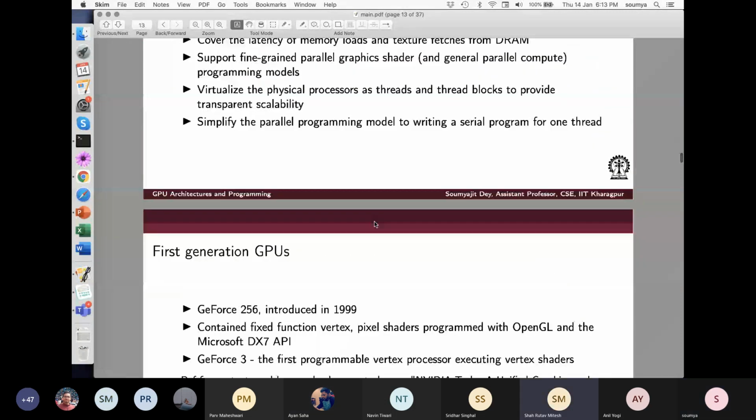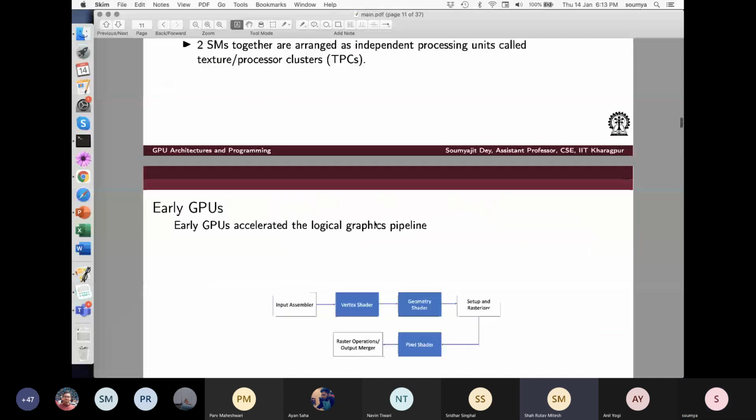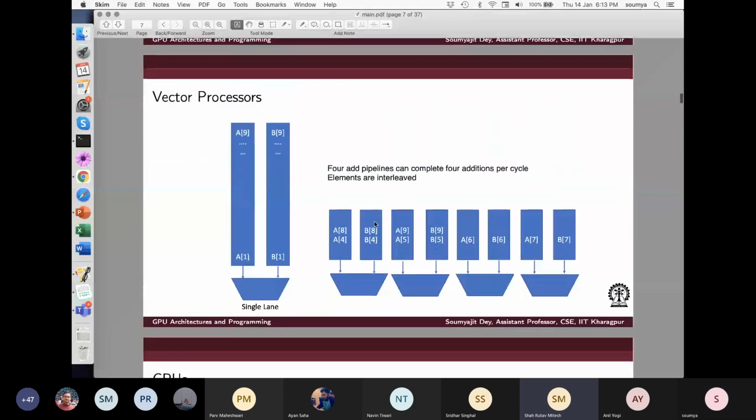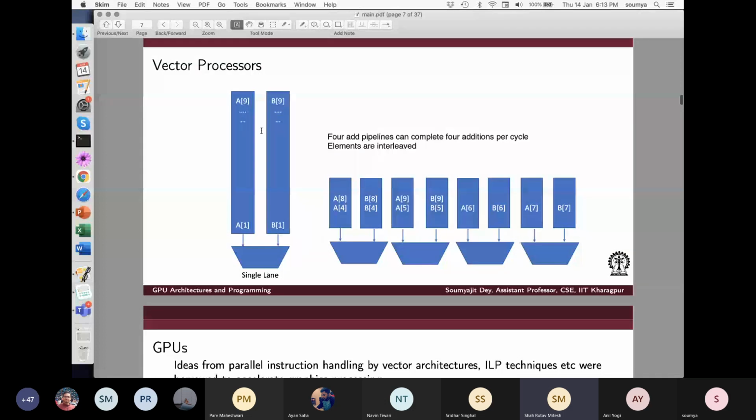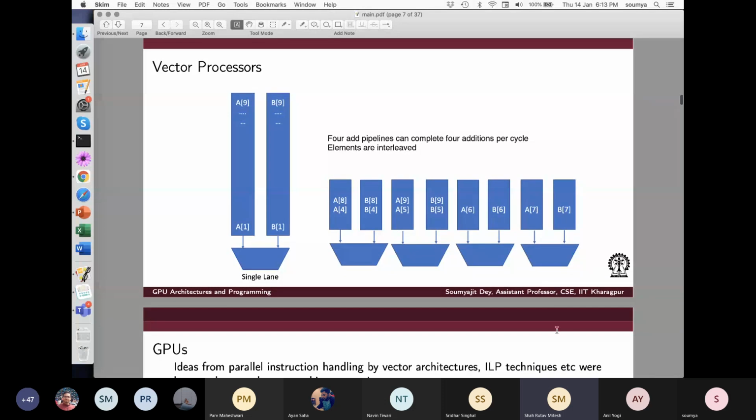Sir, in the vector processors slide, you had mentioned that if the clock rate is halved, then doubling the number of lanes will retain the same performance. So how can you explain this? How do we halve the clock rate? What is the meaning of halving the clock rate? So how will this take place? I mean, how do I halve the clock rate? What kind of optimization is applied in this vector processor so that the clock rate is halved?